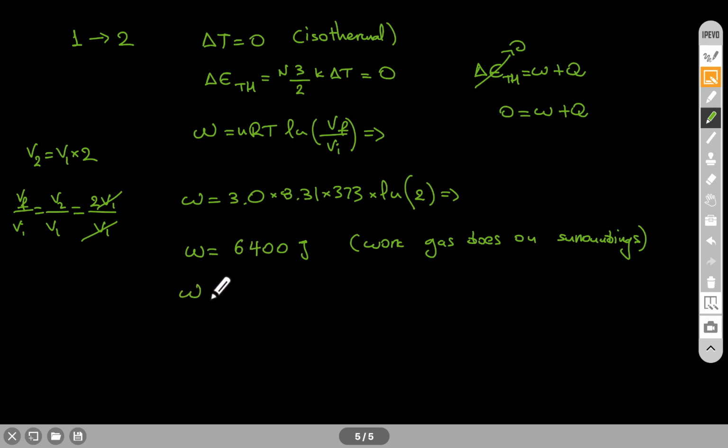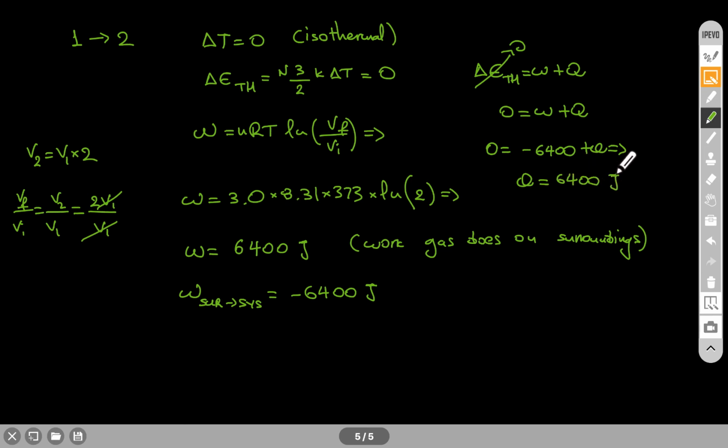So the work that the surroundings do on the system, on the gas, is going to be minus 6,400 joules. Since I found the work that the surroundings do on the system, I can now go back to energy conservation and say 0 equals minus 6,400 plus Q,